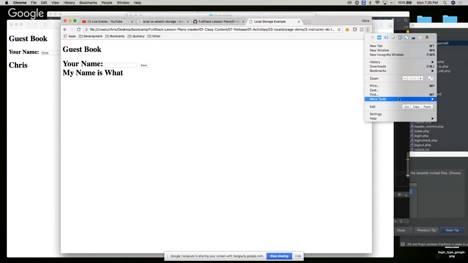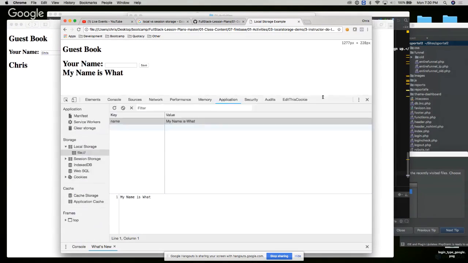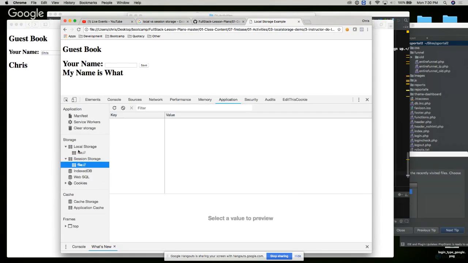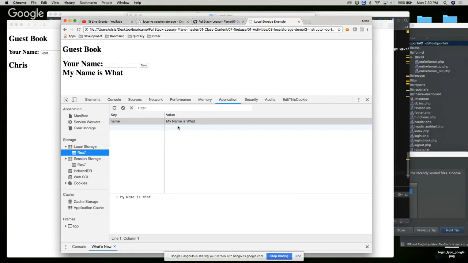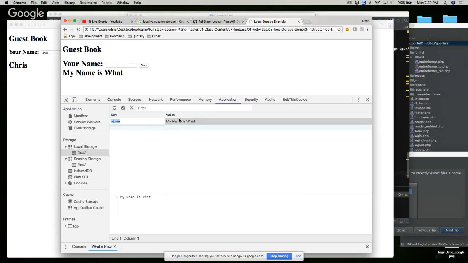So where is that stored? Where are we going to find that information? In the application tab, right? In the developer tools, there's a local storage and a session storage tab in Chrome. This information was stored as a key and value pair, just like we're doing with arrays and JSON objects, all that kind of stuff, right? It's stored the same way. So if I wanted to change this to